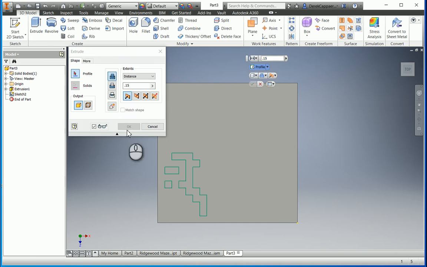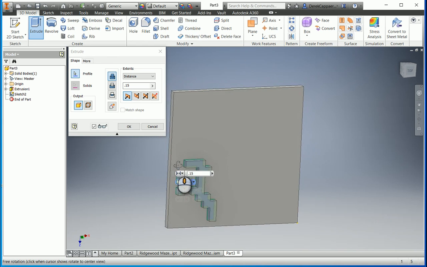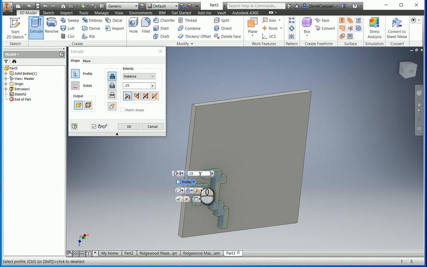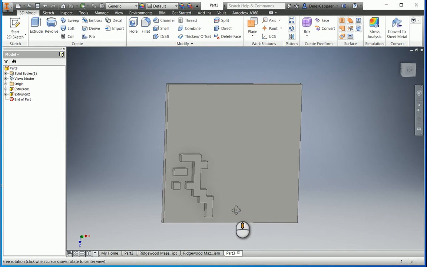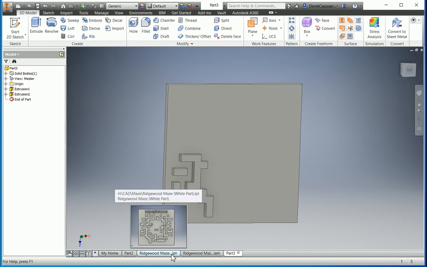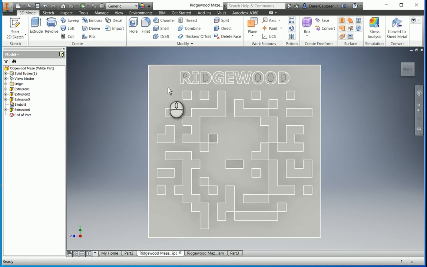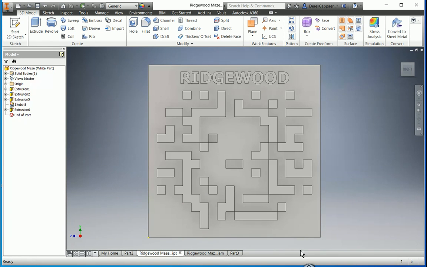Click the extrude button, and then you want to make sure this profile's on. Click on all the profiles that you want to extrude. I'm going to orbit with shift and the center scroll wheel to make sure, and make sure this is 0.15. Hit enter. So now I'm on my way to getting there. And if you'd gone through and drawn all the lines, it would look something like this. I also need to